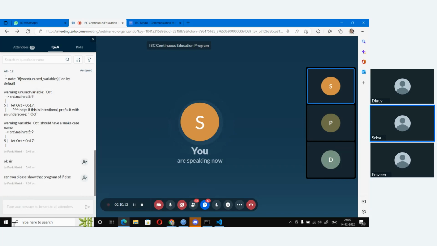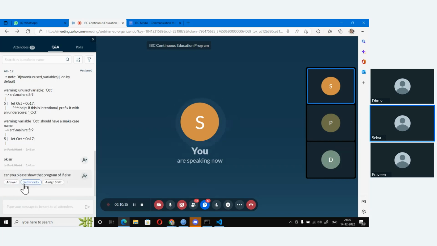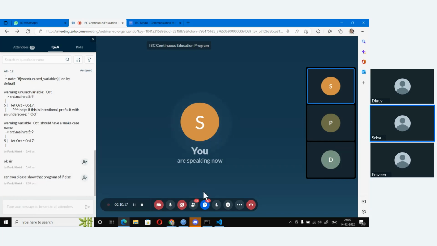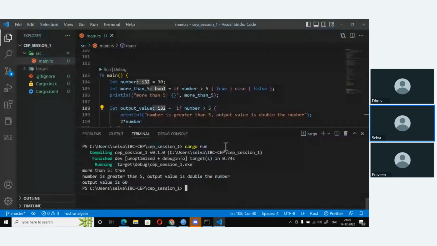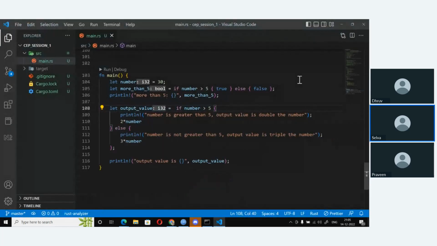Okay. Now, one little assignment. Can you please show the program? Instead of just using this simple single value expression, you can have a whole lot of code.